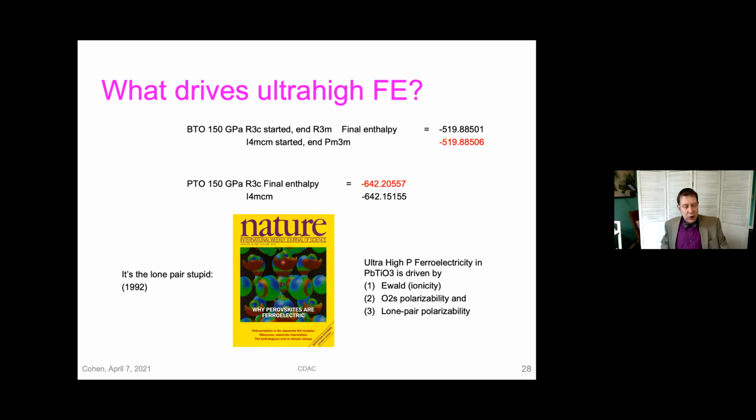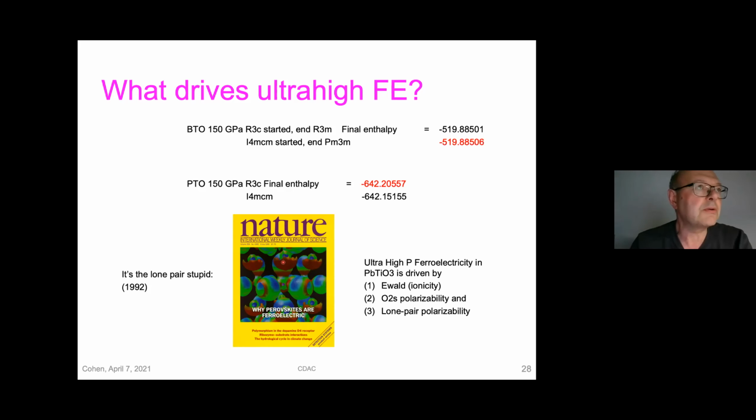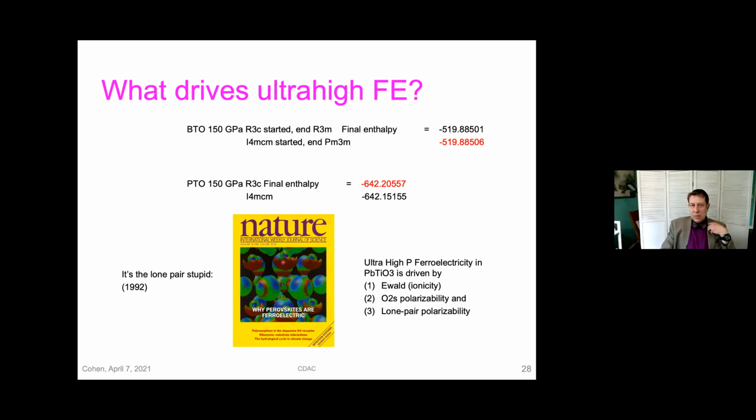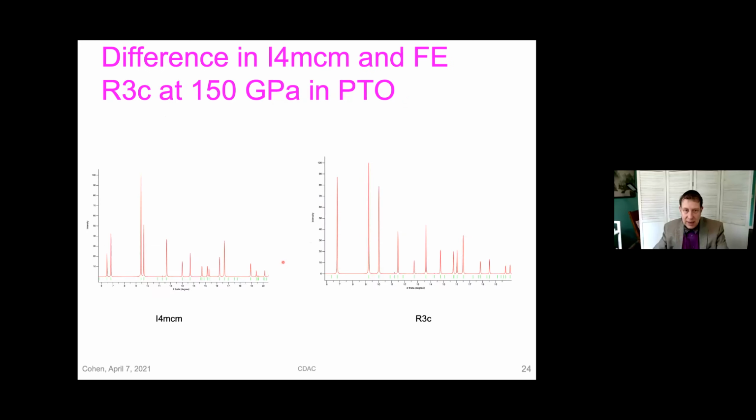We could, of course, compute anything you wanted for comparison with experiments, for example. But we do see the distortion, the polarization of the atoms at high pressure as well. Thank you. And second question: when you're talking about the shift of titanium from the center of the octahedra in the high pressure phase, any numbers? How far? Yeah. So this is, let me go back to the bond lengths here.